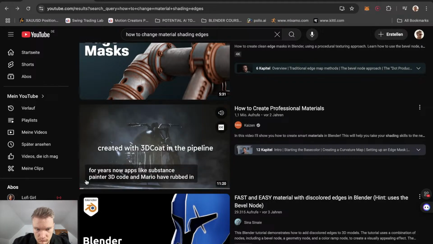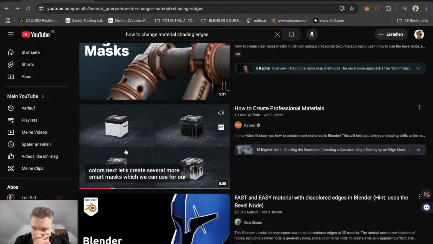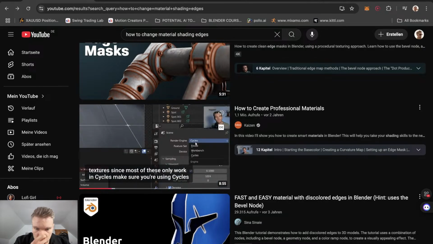Since Painter, 3D Coat, and Mari. Follow along. Now, the colors. Next, let's create several more smart masks, which we can use for our textures. Since most of these only work in Cycles, make sure you're using